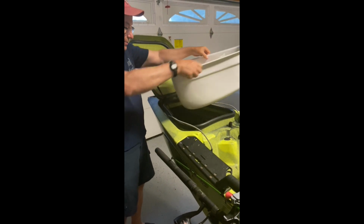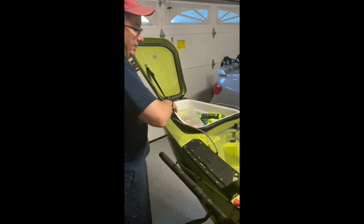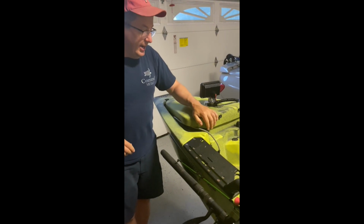A couple other quick things I'll tell you about the lights is, when you've got a lower end kayak and the inside's kind of empty, it's pretty easy to put the switches where you want, put the lights where you want. Not a lot of obstacles, right? But when you get into the Hobie kayaks and the Old Town kayaks that have rudders and skiffs and cables and stuff, you have to be conscious of where that stuff is under the kayak. You got a lot of things to maneuver around,